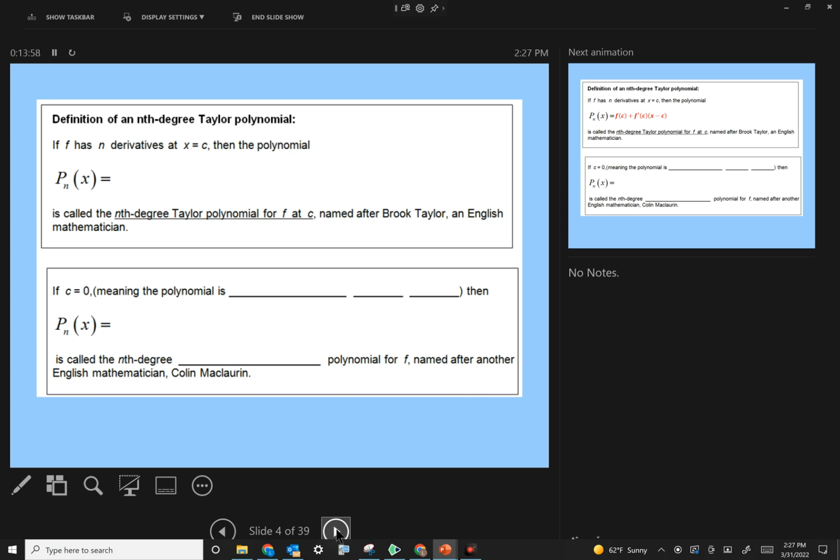All the derivatives exist at a particular point. Then the polynomial, notice I'm labeling it P sub n. That stands for polynomial of nth degree. We might say find the 4th degree polynomial. We would say P sub 4. If I want a 3rd degree polynomial, we would say P sub 3. Okay? So the generic formula to write a polynomial that matches a particular curve, it's going to look ugly